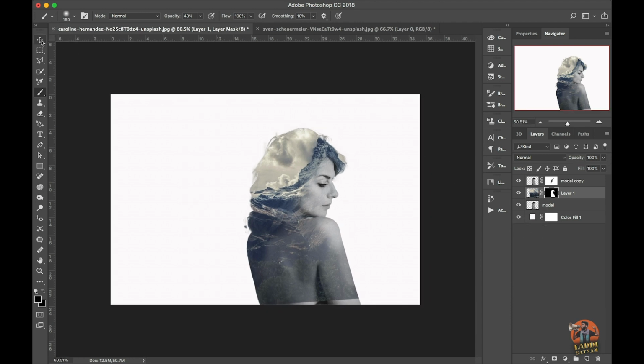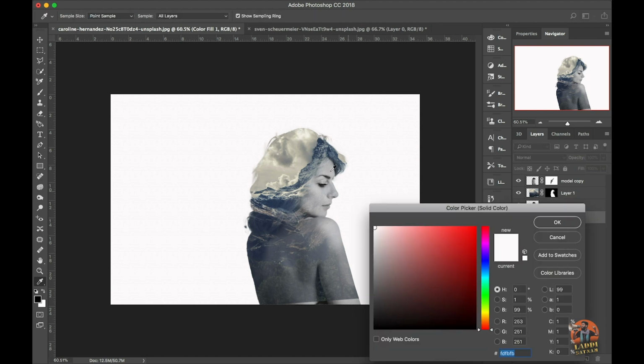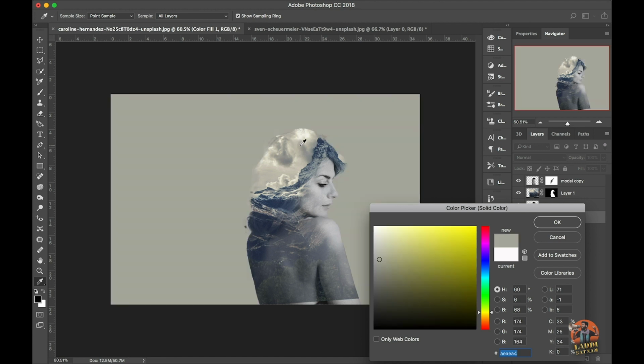Okay. Now select the color fill layer and double click on it, and take a sample color from here.